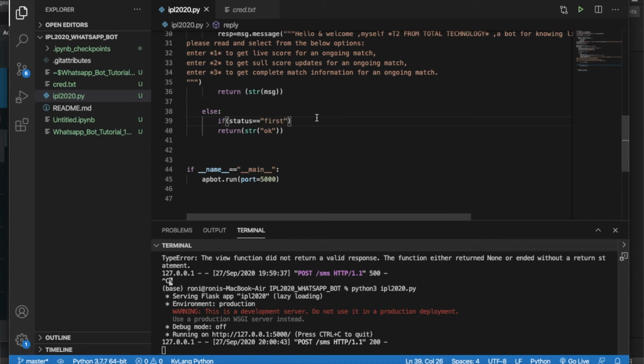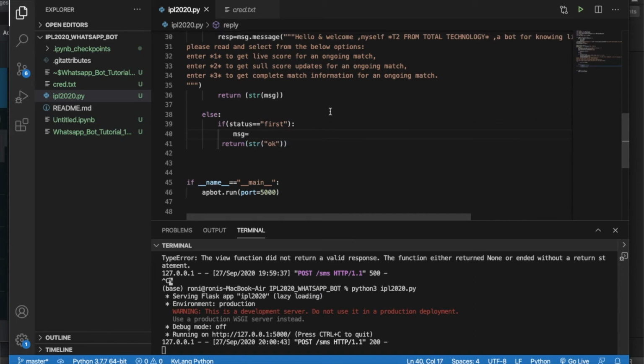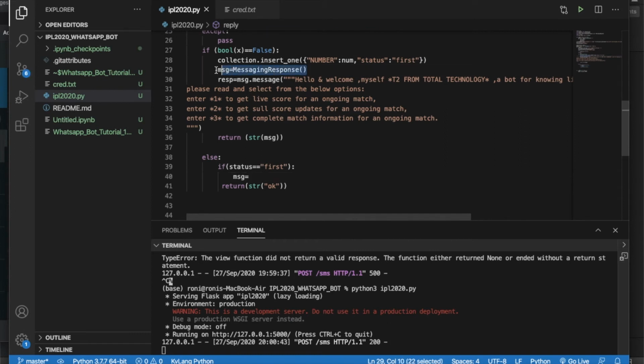If status is first, it means the user got this prompt to enter something, right? So again msg equals to the same thing, this, right?